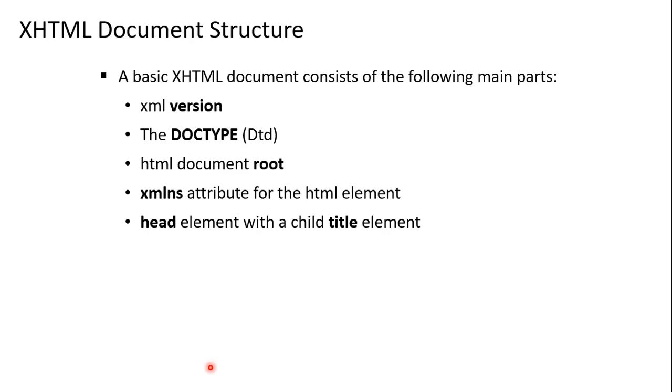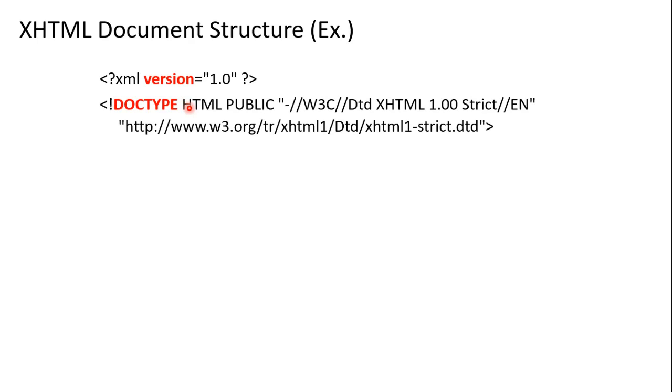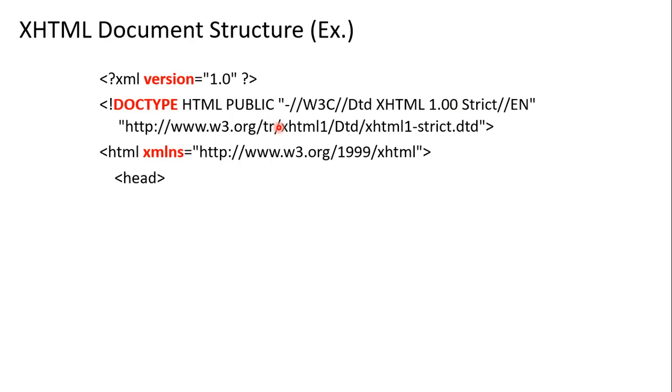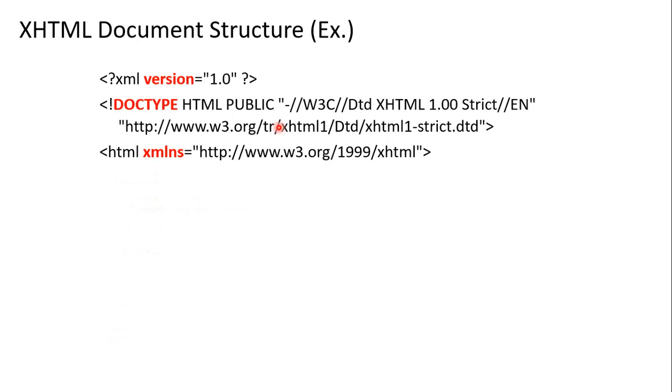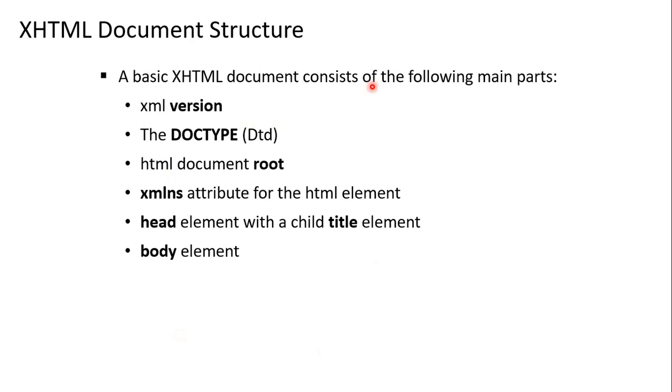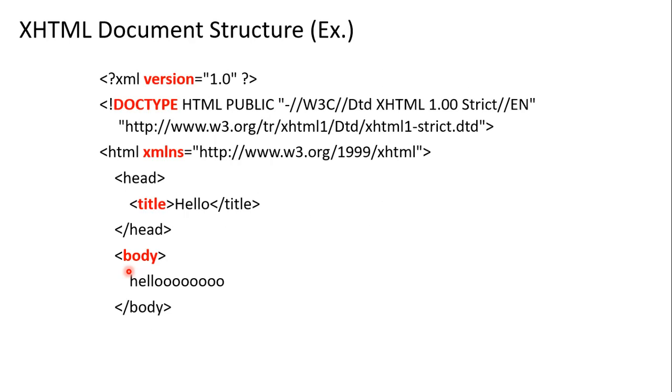So first we have the XML version. We have XML version 1.0, and we have to write this compulsorily in XHTML. After that we have a doctype. Which type are we using? XHTML 1.0 Strict. So this is the doctype. Head, title; in the title we are writing hello only. In the body we have hello, body close, HTML close. So these all we have to mention. So this is the XHTML structure.